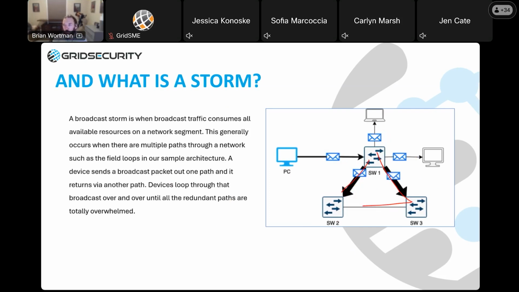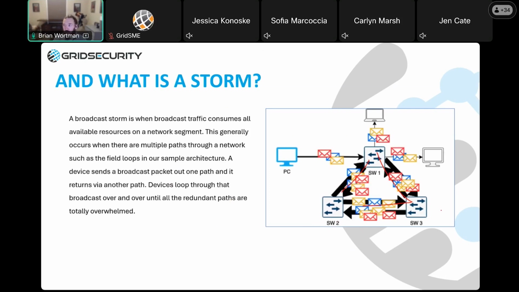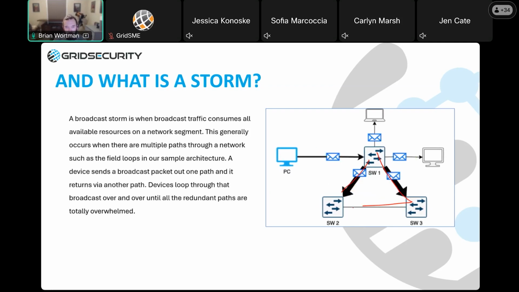So hopefully this animation helps visualize it a little bit, but it also helps me to talk through a little bit how a network switch operates. It really just receives a broadcast packet on one port and floods it back out every other port except the port it was received on. So when you've got that redundant path through your network, like the link between switch 2 and 3, switch 2 can be reached via either of these interfaces here, right?